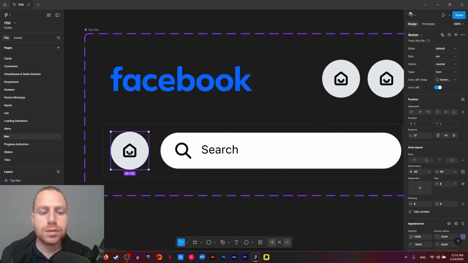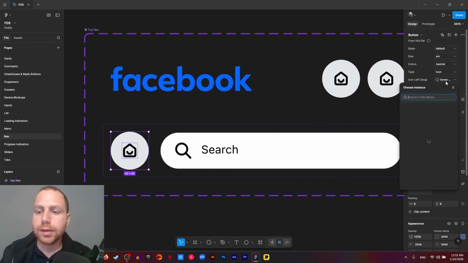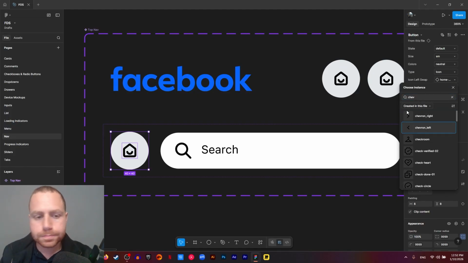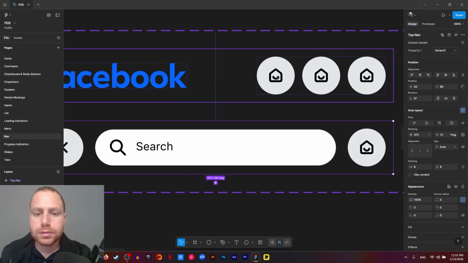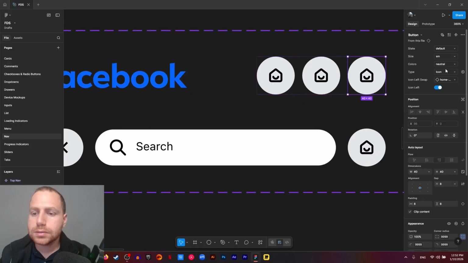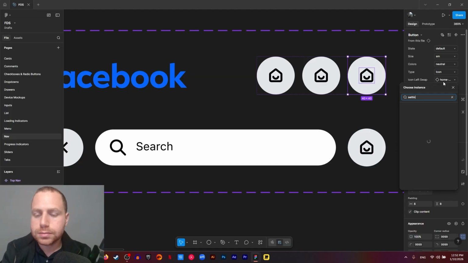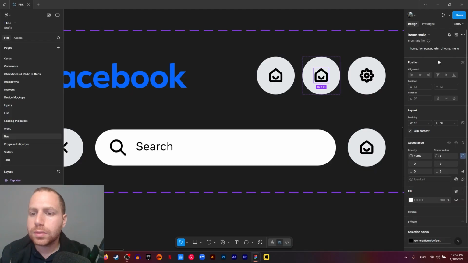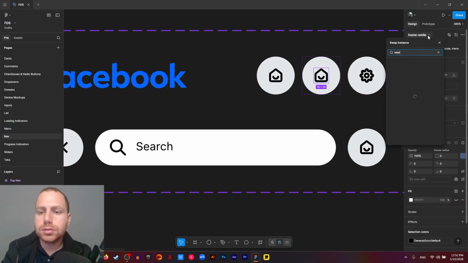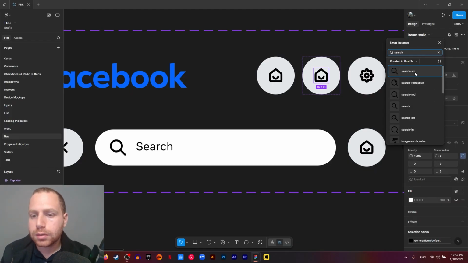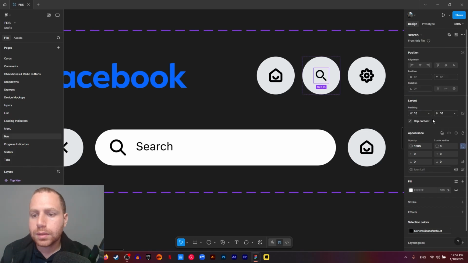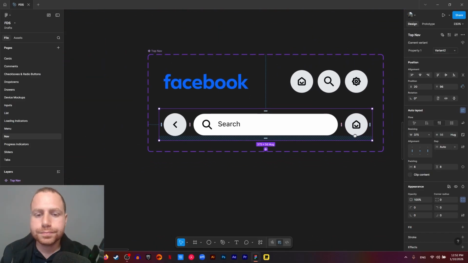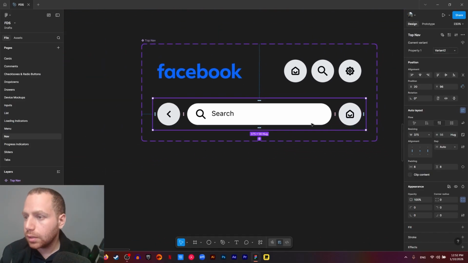So this is probably always going to be the chevron. So let's change the icon left to the chevron left, like so. And here, this is going to be our settings. So we can change this to settings menu with the gear. And this one can be our search icon. You can also make this much larger, like so. All right, so far so good. Next,